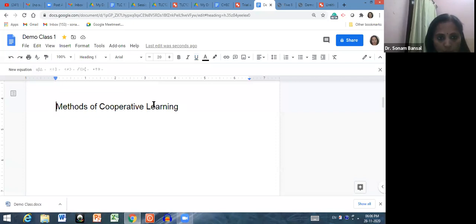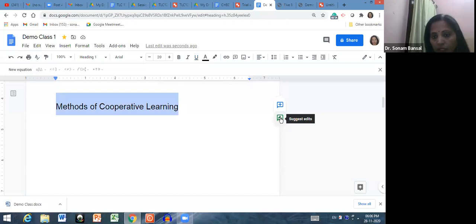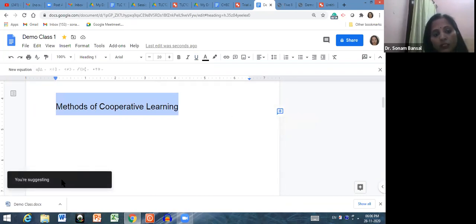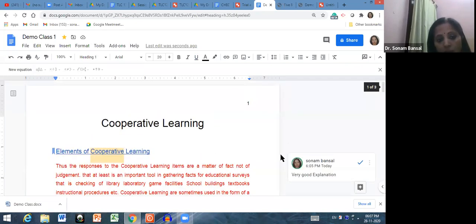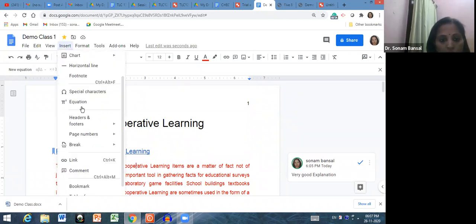And copy this. See. Suggest edits or add comments, directly you can do from here. If you want to give some suggestion, then you just click here and give the suggestion. Means the person with whom you share will be suggested that you have done the changes in the word methods you have right here, the strategies. So this is the bookmark. So this is how you can insert the bookmarks.